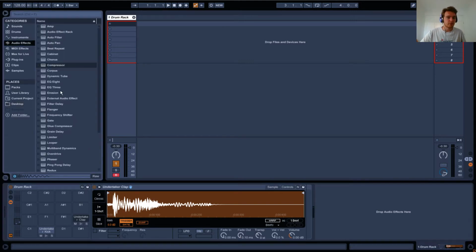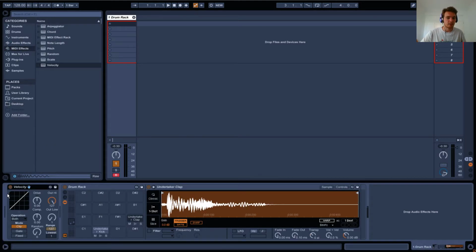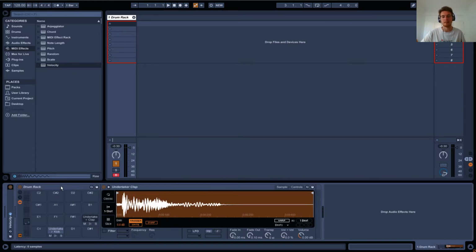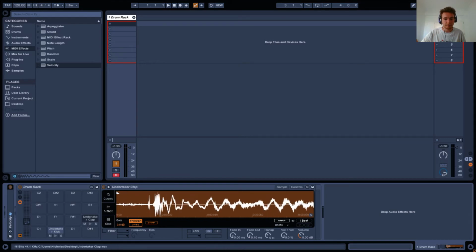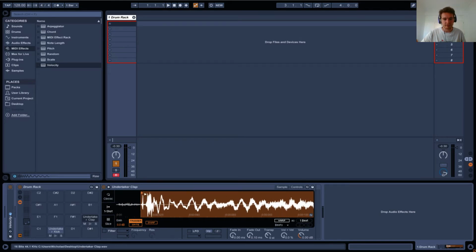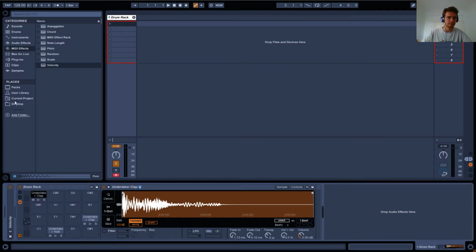But if you're lazy, you can just go into MIDI effects, drag a velocity before the drum rack, so all of the MIDI notes that reach the drum rack are affected, and drag the output low to 127, so it's always sending the maximum velocity. Looks like there's a bit too much empty space there, and I'm going to fade it a bit. Okay, that sounds good. And I'm going to Control drag this here, so I've got the same settings already saved,